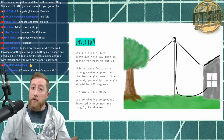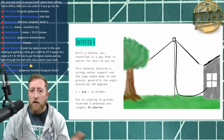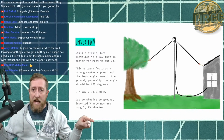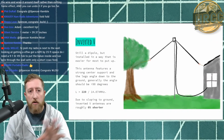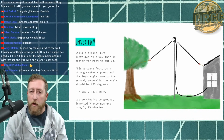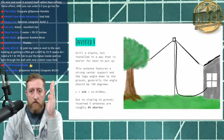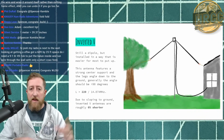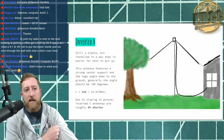Okay, so you understand a dipole now. So what's an inverted V? Well, an inverted V is really just a dipole that has a taller center connector and the legs coming down. Similar design, though. Still a dipole, but installed in a way that it's easier for most people to put up. An inverted V could just be one vertical standing mast, and the legs could go to the ground. Now, obviously, the elements can't be on the ground. You'd have to use some kind of cordage or something like that to keep...